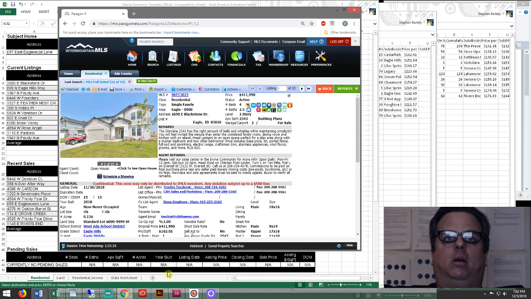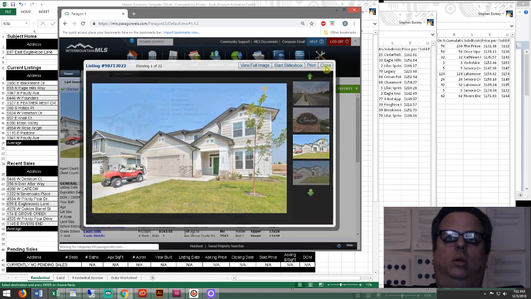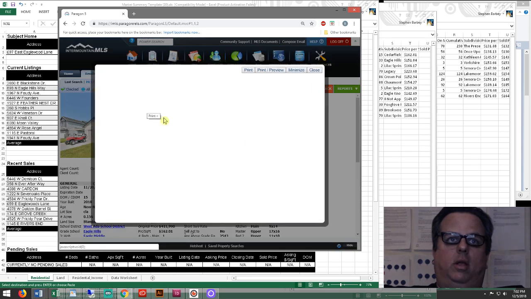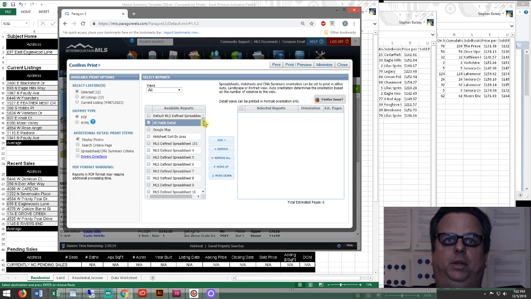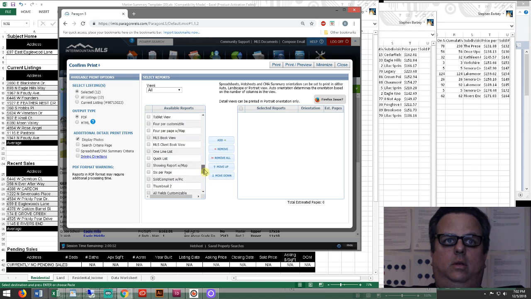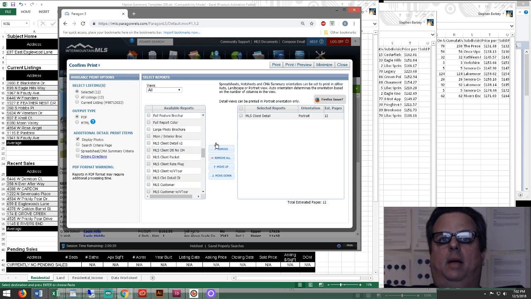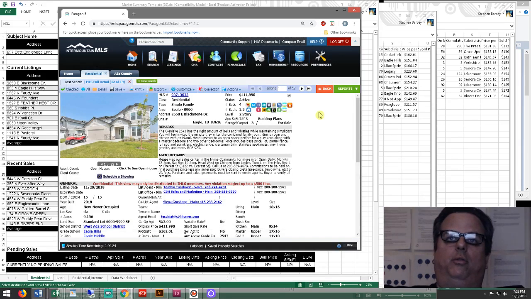One thing I did skip here is you want to make sure that you print the listings as you go along. So I missed the click there. Print plus, not full detail. We want MLS client detail, which is somewhere in here. Right there. MLS client detail. So we would print out all those listings, and we'd have those for our